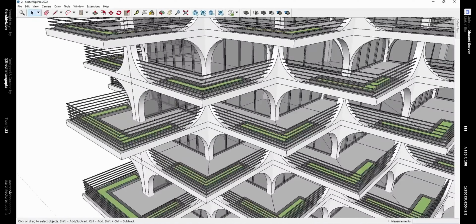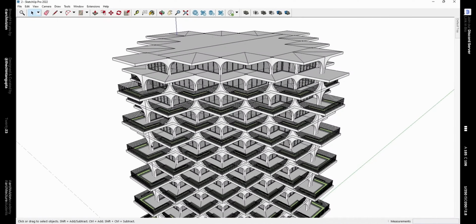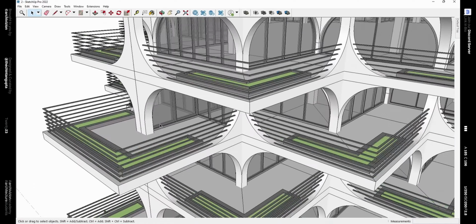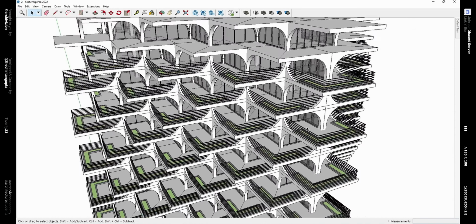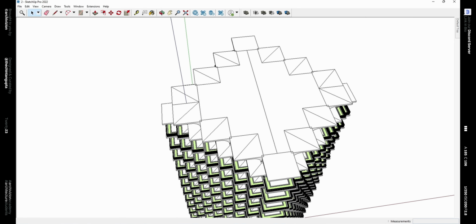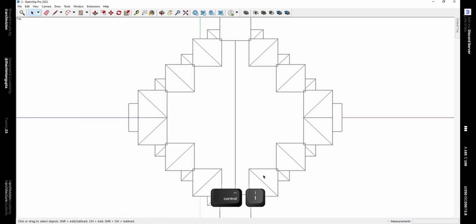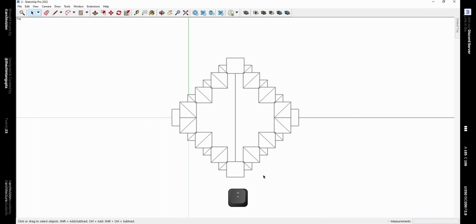Now here, as you can see, these windows are placed wrong. We can either fix them the same way we did before or just replace them with the ones that we fixed earlier. So switch to top view by pressing Ctrl 1 and then switch to parallel projection using the tilde key. Then select these columns of component that are causing the problem and then delete them.